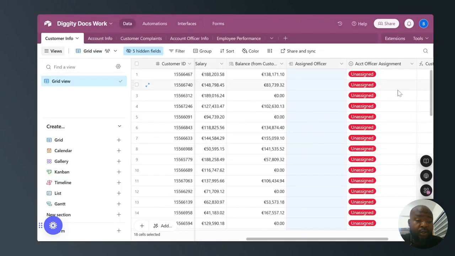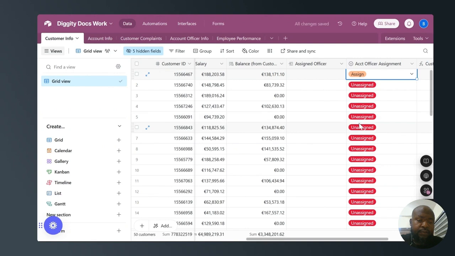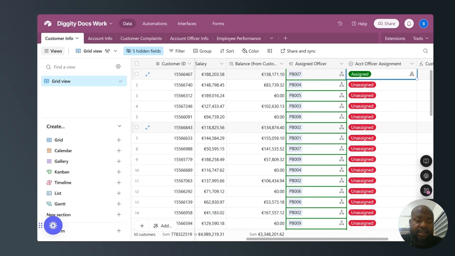So now that the automation is on, once I change one of these from unassigned to assigned, it will assign an officer who is in the same bucket as the customer, and it will update the account officer assignment rule to assigned. So let's see it go. And the automation has kicked off. So it's assigned,